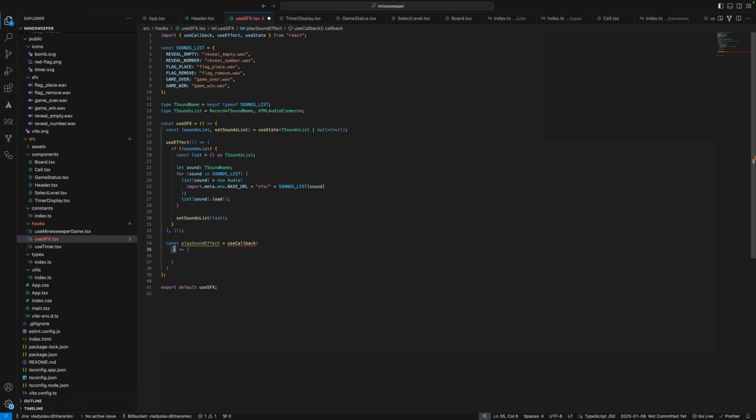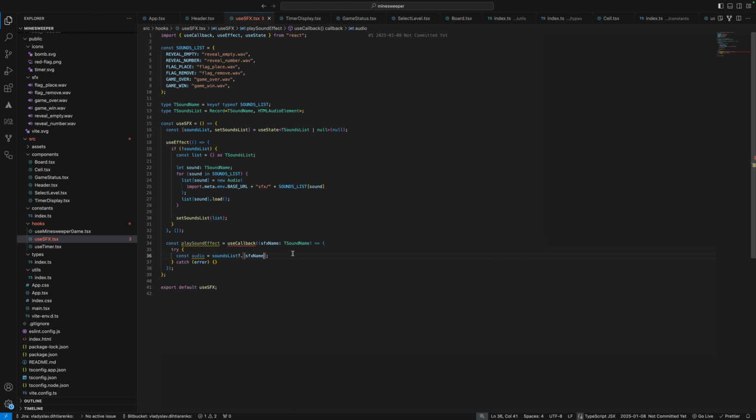It will receive a variable which is a sound effect name that is of type TSoundName. And here we'll use a try-catch block, and inside it we'll first access the audio object within const audio